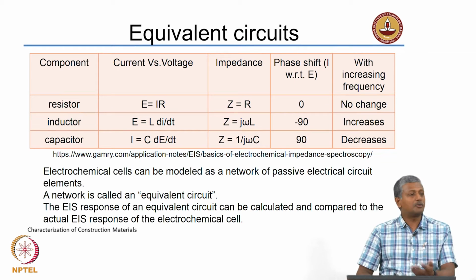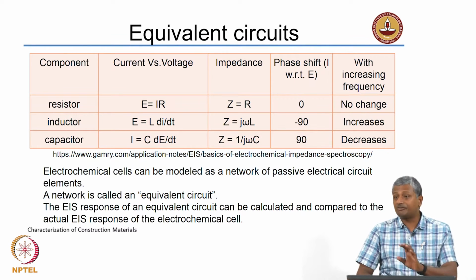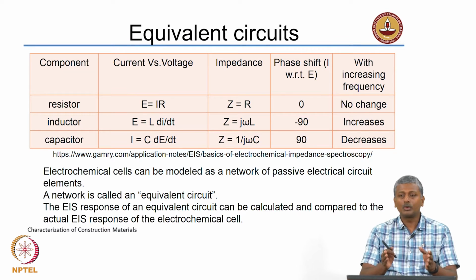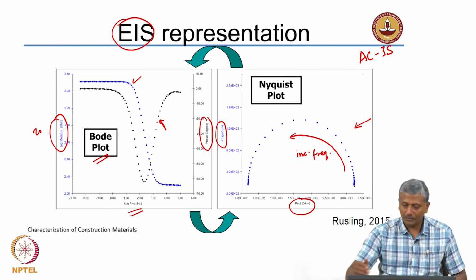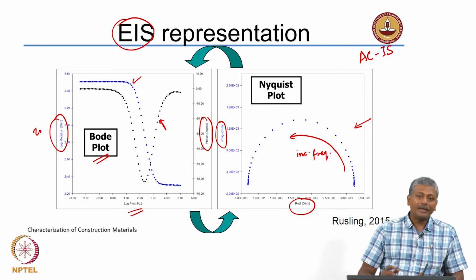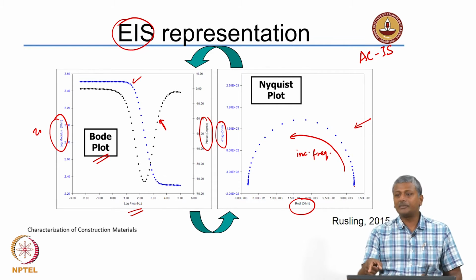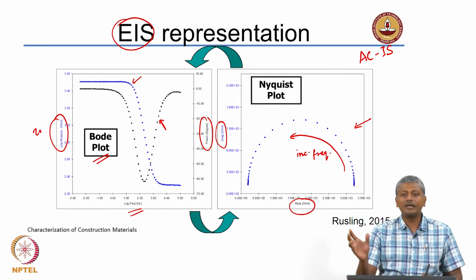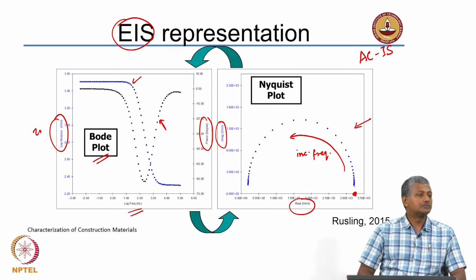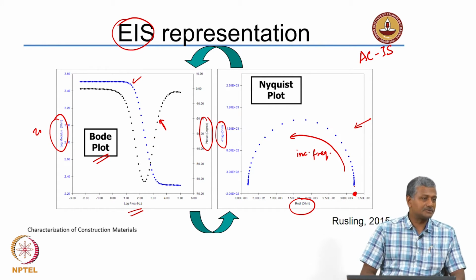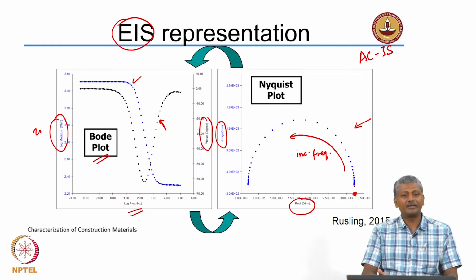Based on the type of circuit element that you have, that defines your material. Please remember, you do not have a predefined notion of a circuit for your material. You need to do the test for your material, get the Nyquist plot for your material, and then idealize the material behavior in terms of an equivalent electrical circuit. For example, if you only get one point here for your material, that means it is only a resistor. Okay. So, you can approximate an equivalent circuit of just a resistor in your material.